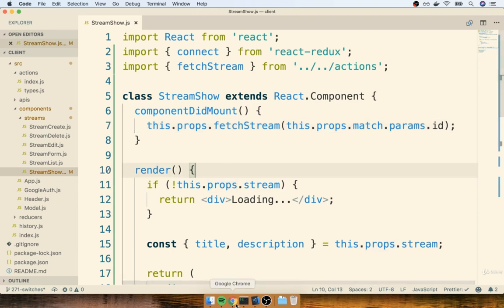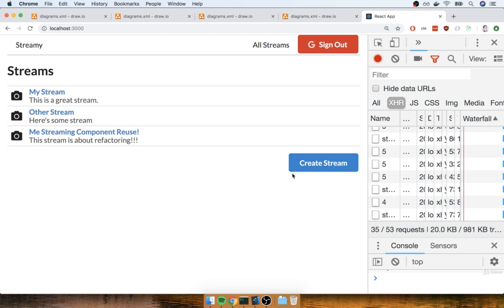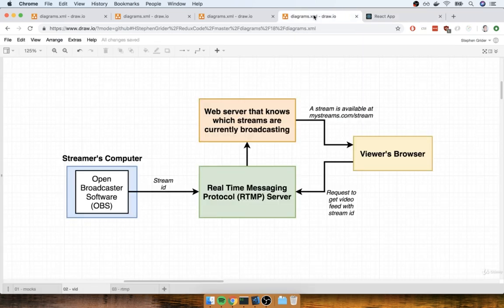To that end, if you have any trouble going through the streaming stuff and getting it to work, I'm probably not going to offer you a lot of support for troubleshooting issues, because again, this is just not really relevant for the course. I just want to make sure that we can complete the example nonetheless. Okay, so we're going to start working on the streaming aspect of this application now. So let me tell you about exactly what we need to do.